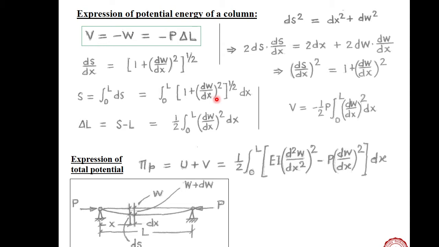So what we do from here, we expand this as a binomial form. That expansion becomes 1 and then half, and plus some more terms. That sort of thing we do, and we calculate this differential also. This is what it comes to ultimately. So that much you have to calculate from there. And ultimately this change in length, which is capital S minus capital L, comes out to be like this.